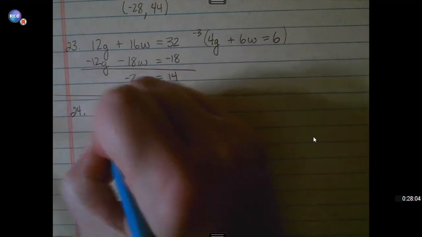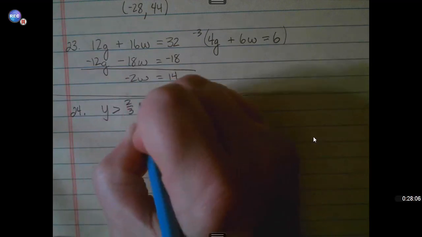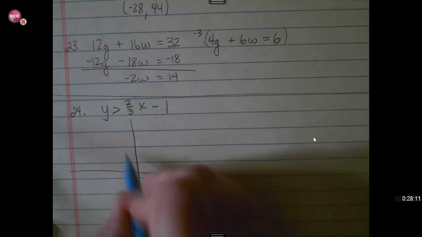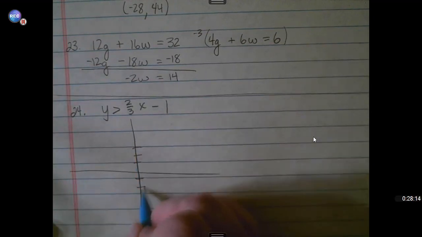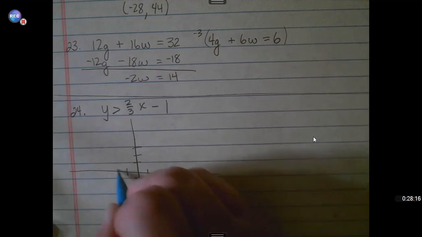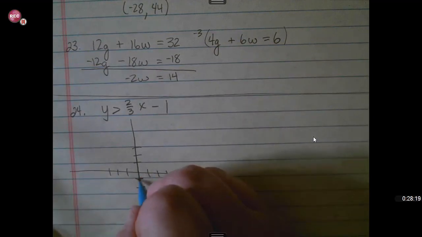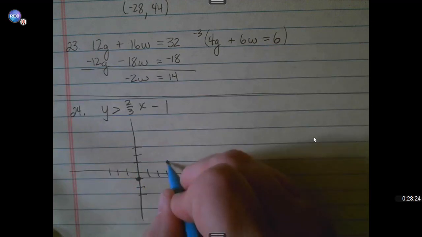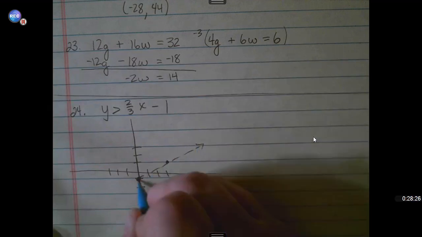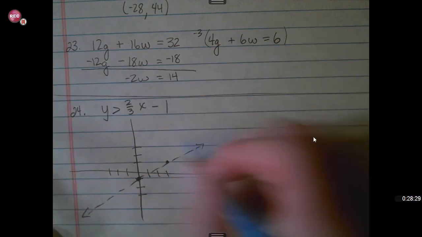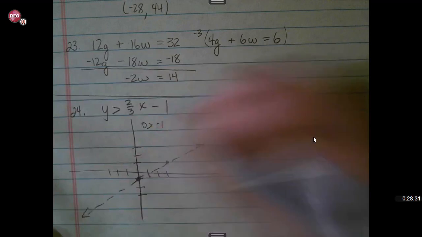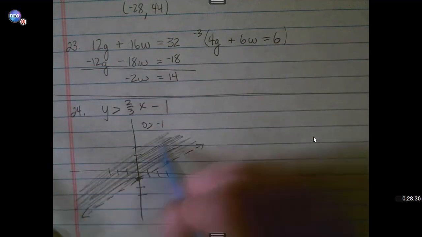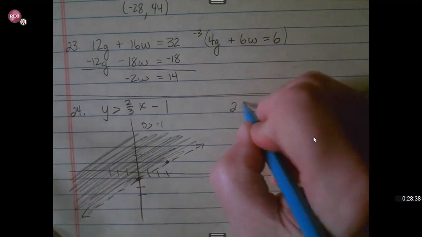24. Y is greater than 2/3 x minus 1. So negative 1 is my y-intercept, and then I'm going to rise 2 and run 3, and that's going to be a dashed line. And then if I plug in the origin, I get 0 is greater than negative 1. That's true. So it's going to be shaded above. And last but not least,